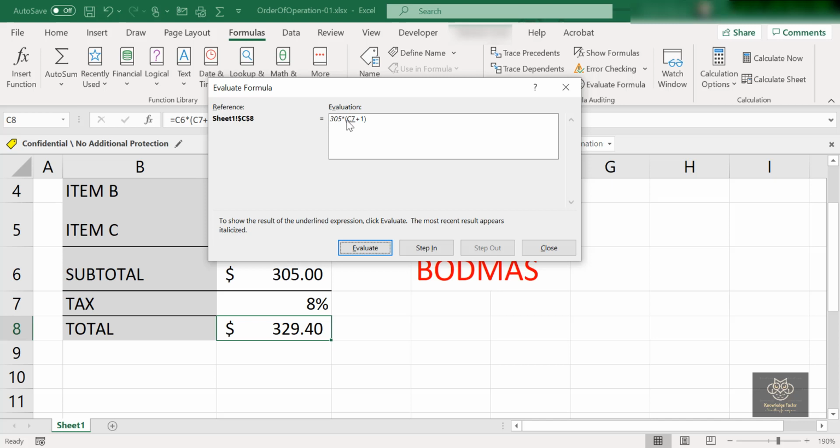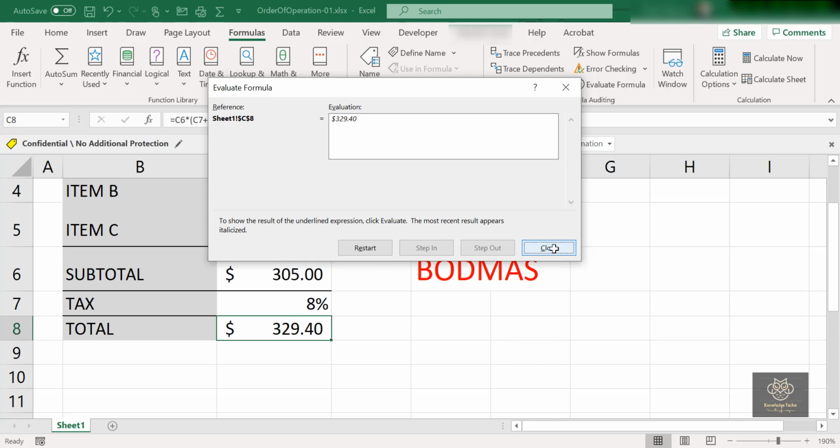Now we've got the 305, but now it's going to skip over the multiplication operator and get to the parenthesis, if you see the underline, and evaluate C7, which was 0.08 plus the 1, giving us 1.08 or 108%. And now it's going to evaluate the multiplication here and give us the 329.40. That's the order of operation, very important.